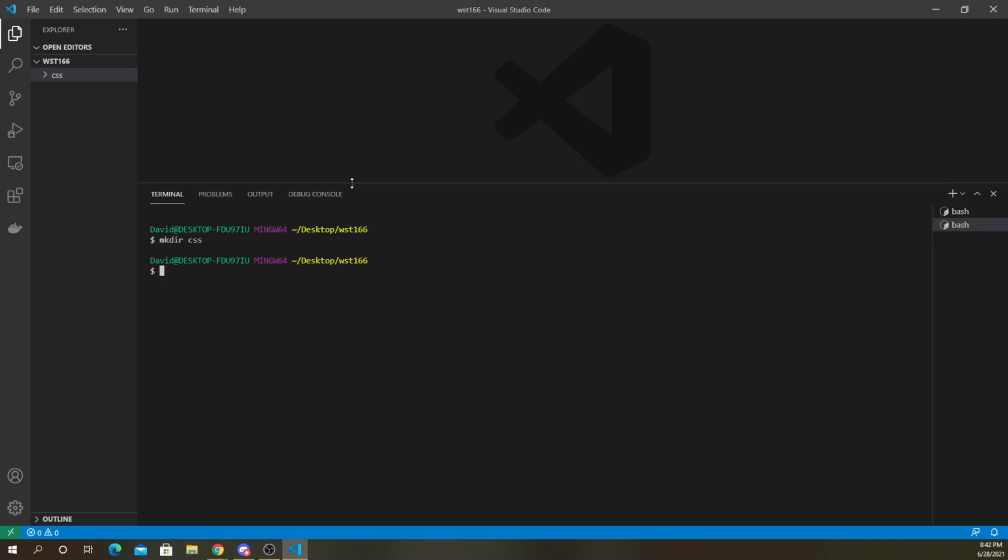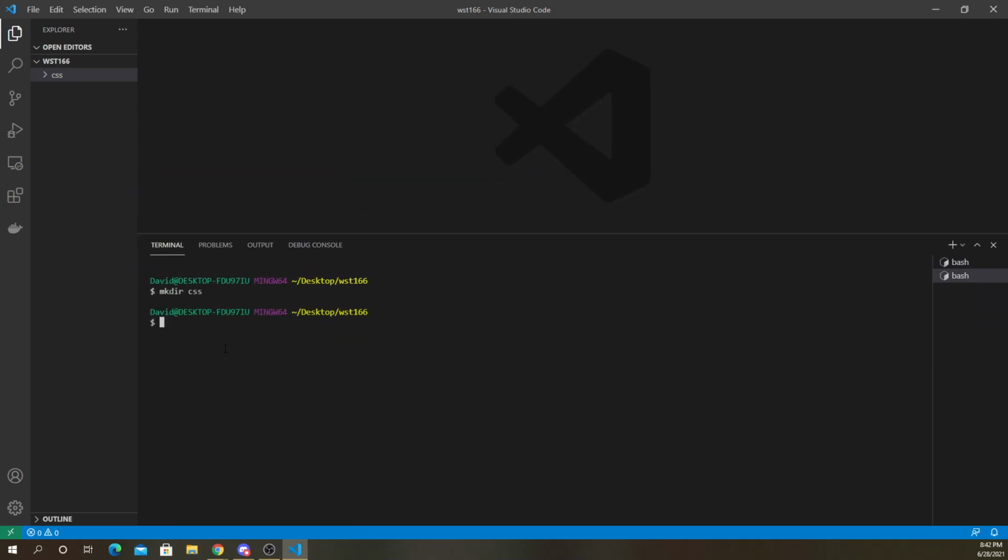So you're gonna have to learn a little bit about using a terminal if you wanna be efficient at using Git, and not just for Git, but as a web developer in general. It's good to know how to use the terminal. There are times where you have to use the terminal; you have no choice.